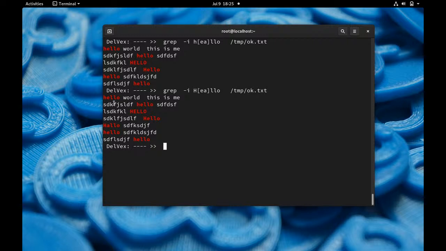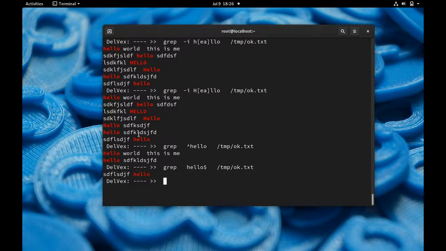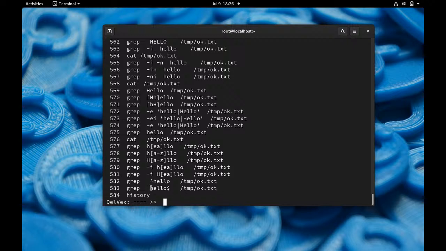Let me show one or two more patterns. If you want only those lines where the hello is in the starting of the line, okay? Hello only in the starting of the line. So hello and this caret sign. So you will be getting only those lines where hello is in the starting of the line. Or maybe you want to search for those patterns where hello is in the last of the lines. See, the last line wherever hello is, that is this one. So these are some markers you can use, starting of the line, last of the line, or maybe number of